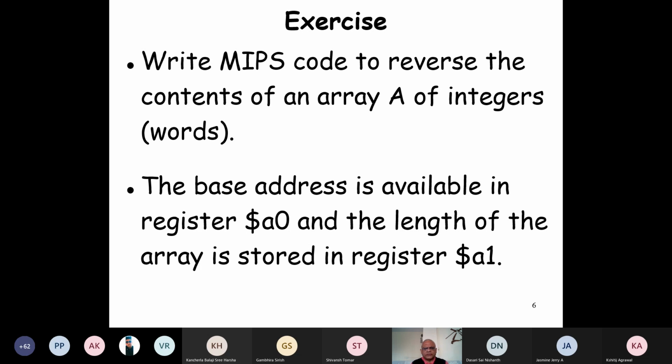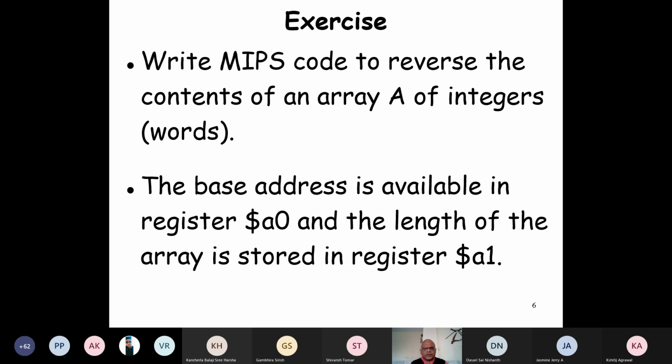Now our work is to write the MIPS assembly code. But before we write the MIPS assembly code, we should have the algorithm with us. How do we do this? Just reverse the array: the last element becomes the first element, the second last becomes the second element, and so on.